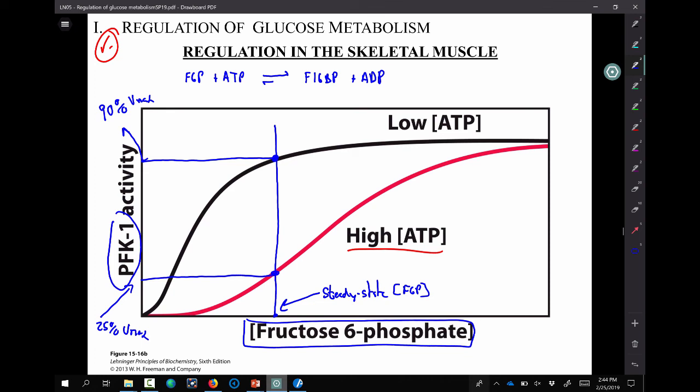So coming back here, this is what I'm showing you. This was to remind you that we're applying what we learned all the way back in lecture 2 when we talked about allostery. I gave a graph really similar to this, one with no allosteric modulator, and then ones with allosteric modulators, going positive or negative. That's exactly what this is. ATP is not only the substrate of PFK1, it's also an allosteric inhibitor of the enzyme.